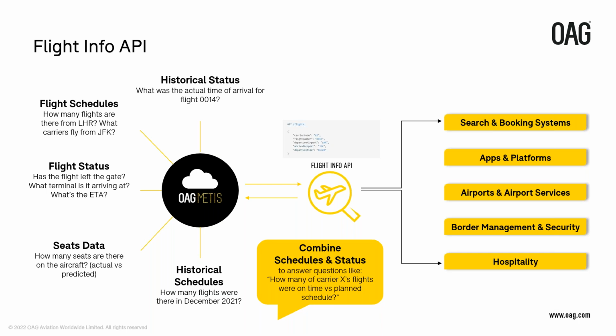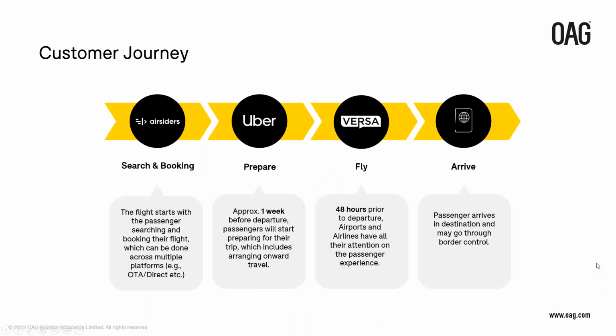And of course, this API very much suits across a number of the key journey points. And so you can see we've built an API that serves the full life of booking, whether it's searching or planning, analyzing what happened. And these data points are obviously used in a variety of different ways within the travel ecosystem, be it airports, hospitality, within apps and platforms. So if we move on and look at the 4 customer journey stages that we're going to be talking through today,